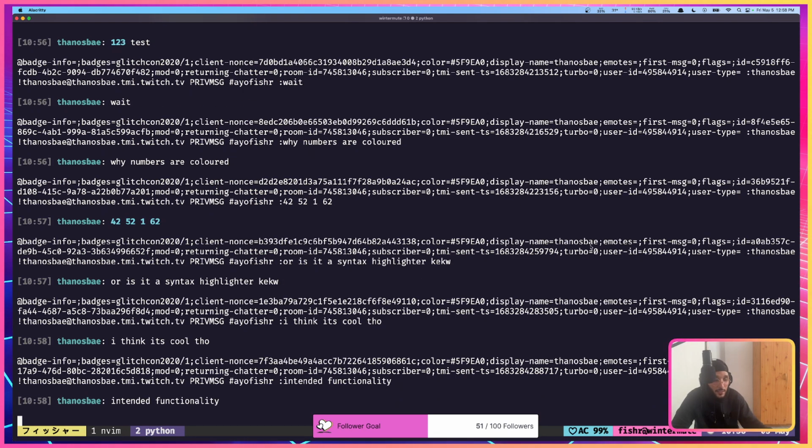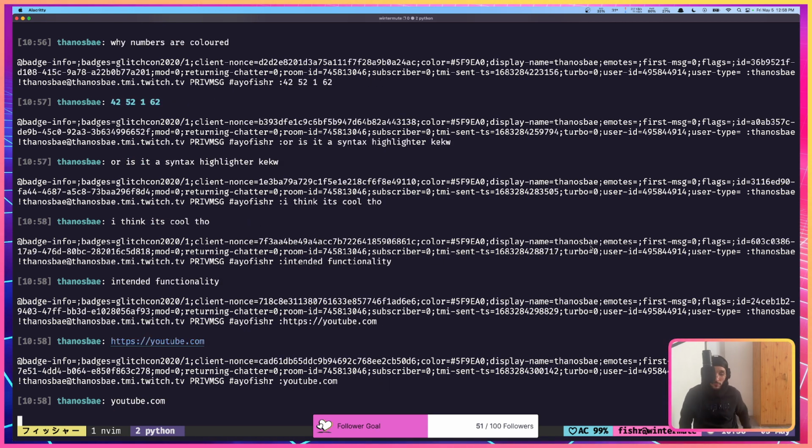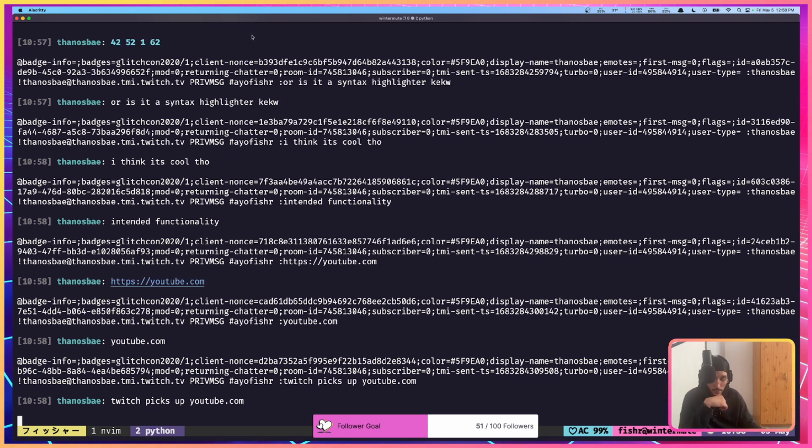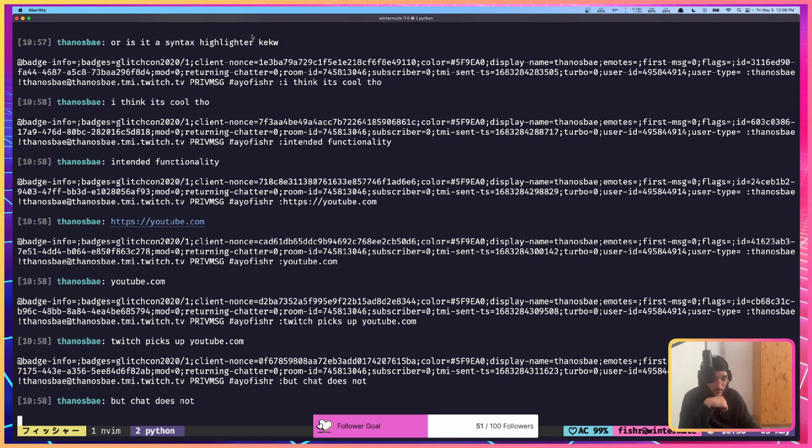Can you try adding a link just to see if it actually picks up on that? I'd love to see it. Okay, so it picks up on actual links, and they're clickable too. Well, no, not for me, but chat does not. Because in my OBS it picks it up, but not in the terminal. So I'm gonna have to